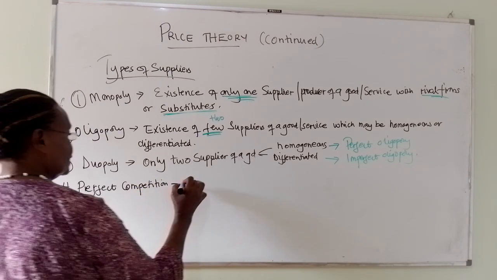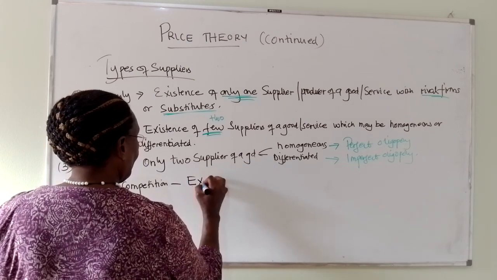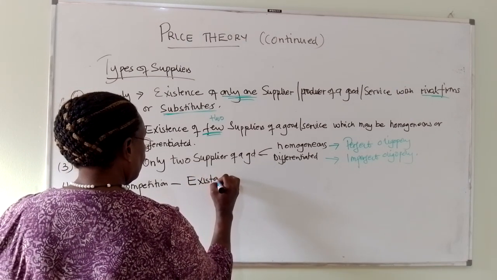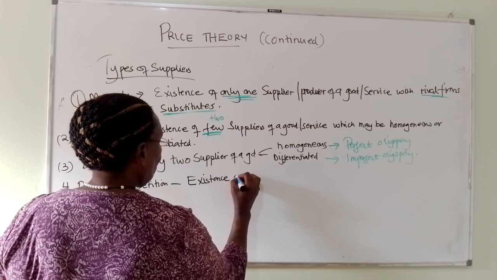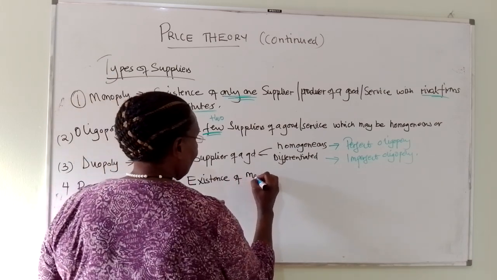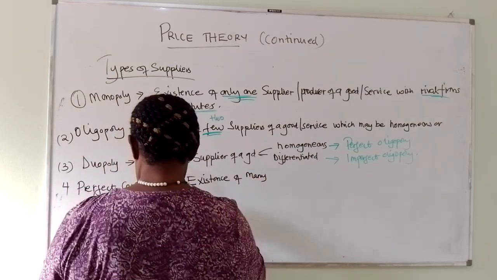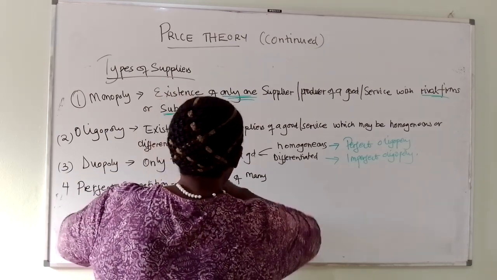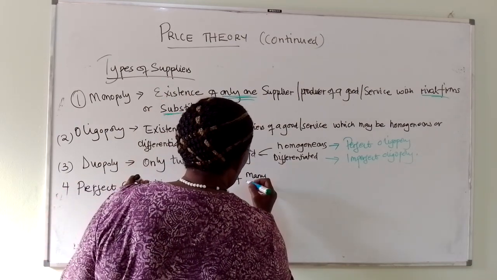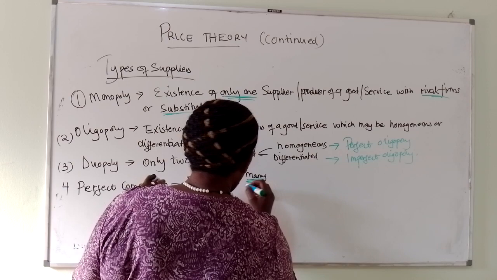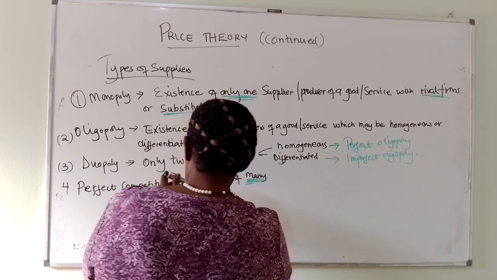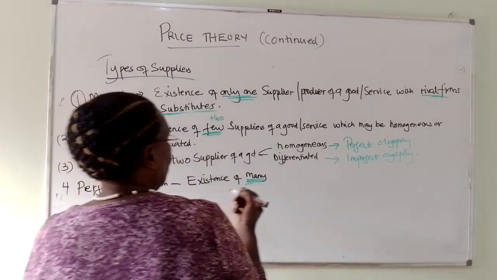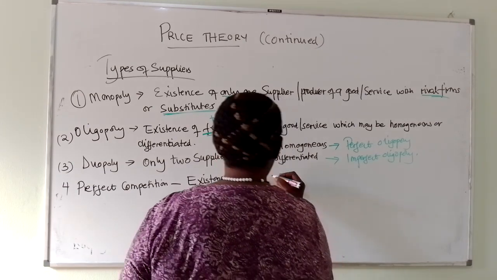And this is the existence of many. We are moving away from many and away from few. So we are moving away from one and we are moving away from few, and now we are becoming as many as possible. So this is the sense of many